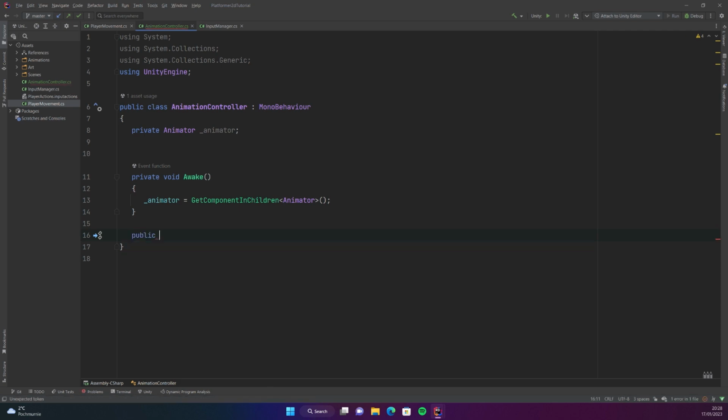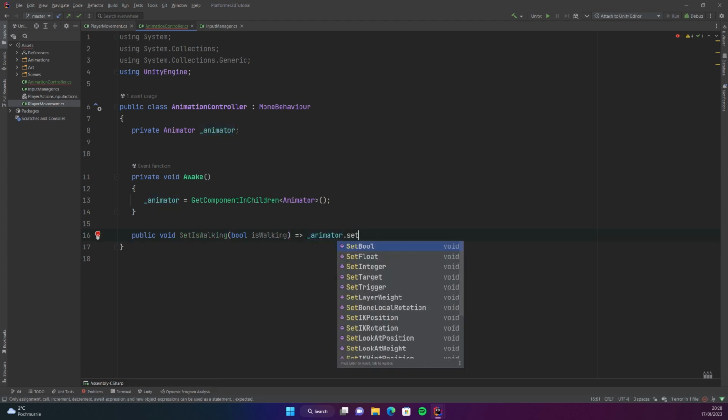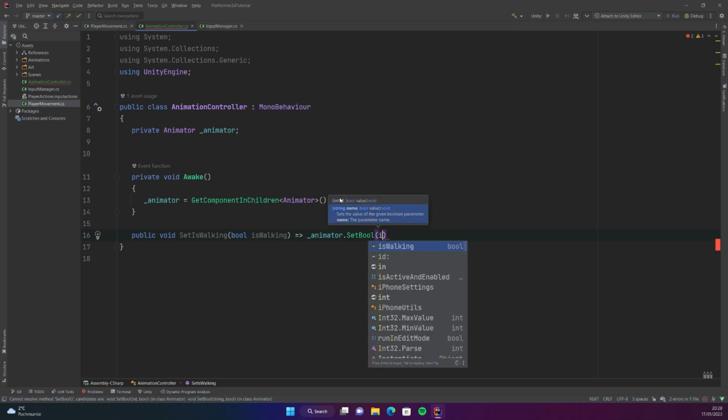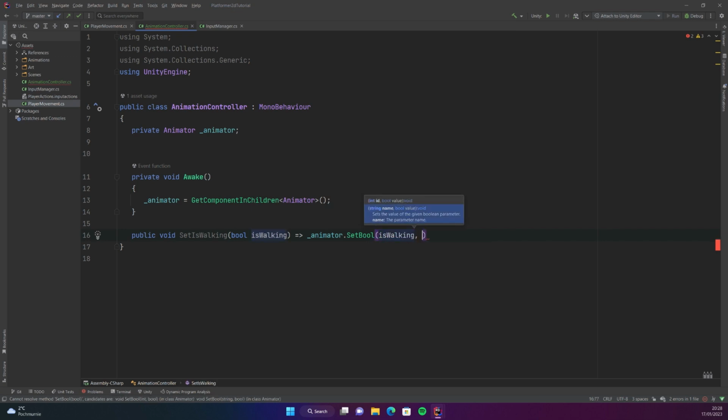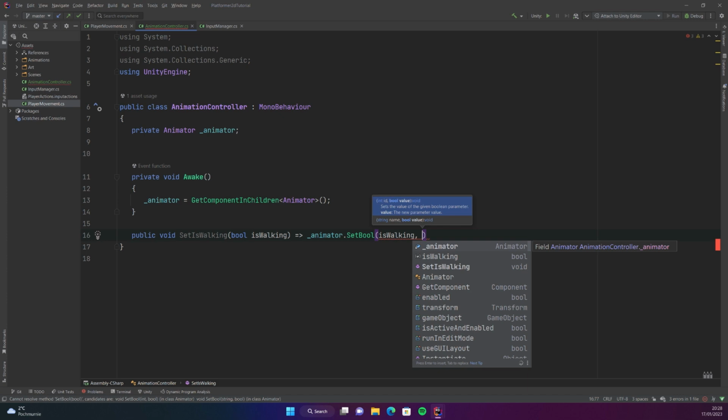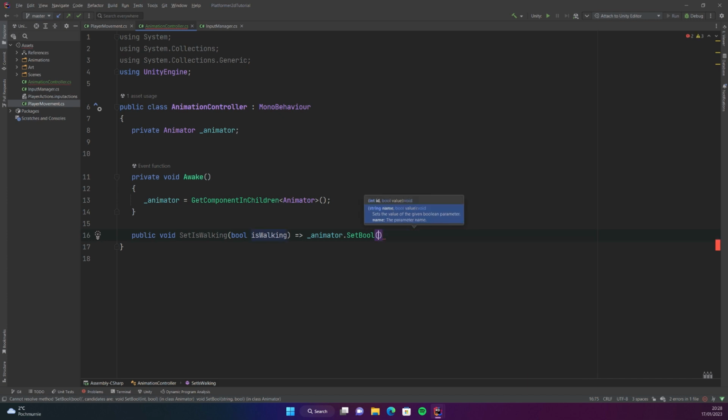So public void SetIsWalking, and that's gonna take the animator and just set bool IsWalking to, oh, that's like an ID, so IsWalking,